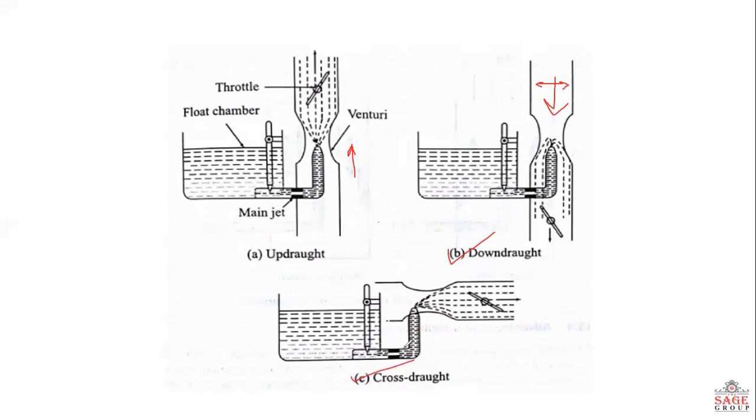In this, it consists of a horizontal mixing tube with a float chamber on one of its sides. By using this in engines, the one right angle turn in the inlet passage is eliminated and the resistance to flow is reduced. That is basically one type of minor loss which we have already seen in case of fluid mechanics. Then we have some more types,